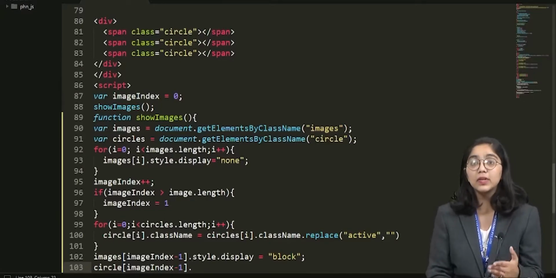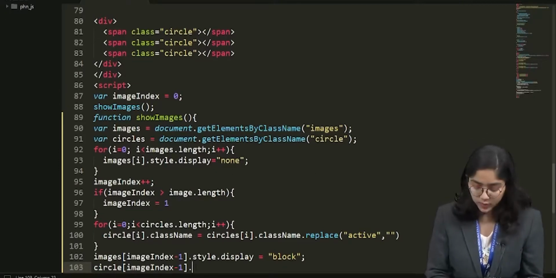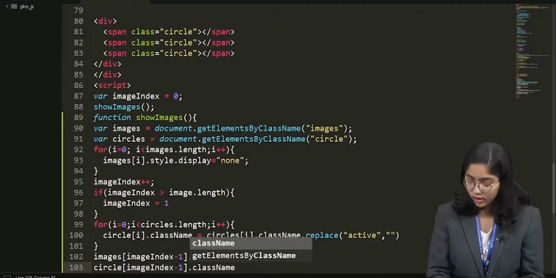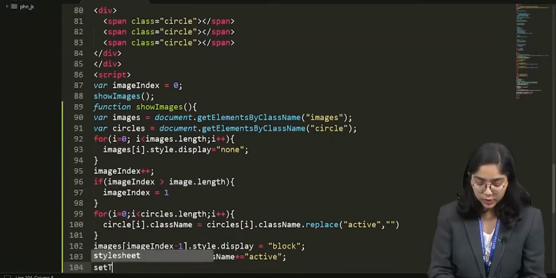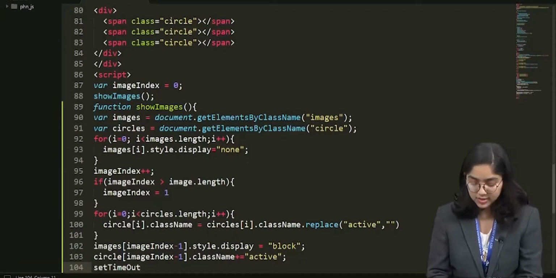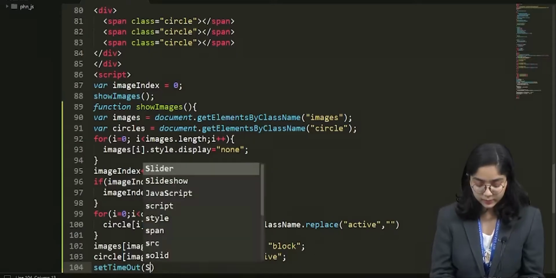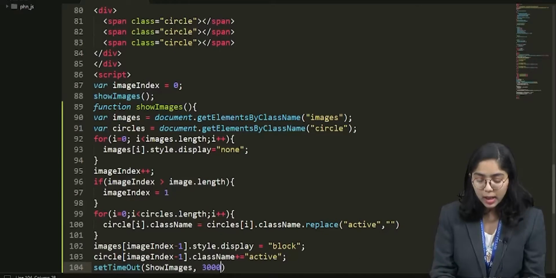Until it is 0. That means until my image index is 0, it is going to happen, because our image index was increased to 3 in the upper code, right? So minus dot class name plus equals to, because we want it to be active, right? We are going to add that particular thing in here. And after that we are going to use the set timeout. That means this is how, at what time the image should slide up, right? These all functions are very important, and you'll learn them as you use them.